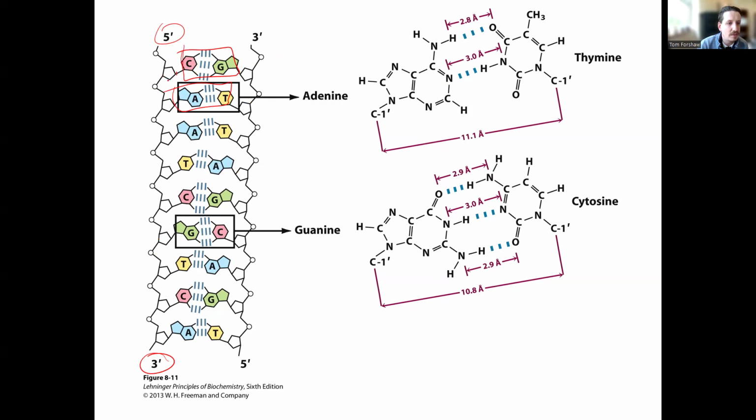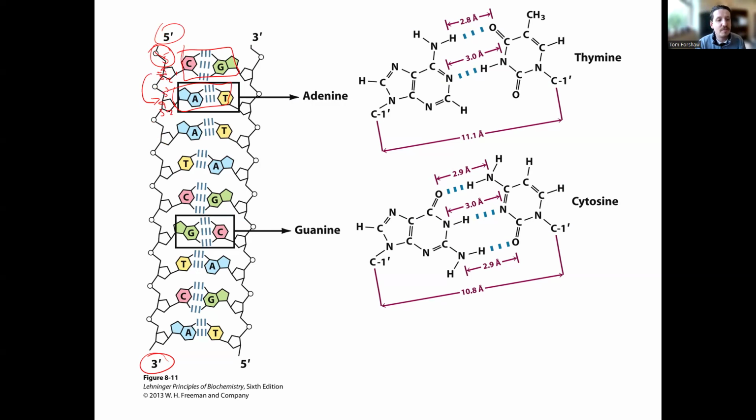Notice as well what we can see here is that if this is the sugar, and we've got 1, 2, 3, 4, 5, and there's the 5' phosphate at the top, but notice that 3' is attached to the phosphate of the one next in sequence, and then 1, 2, 3, 4, 5'. So it's connected here. So the 5' is always at the top because that's the phosphate which is unconnected, because that's just the first one, so it doesn't have anything. And then the 3' is at the bottom, and it connects to the next phosphate, which is on the next